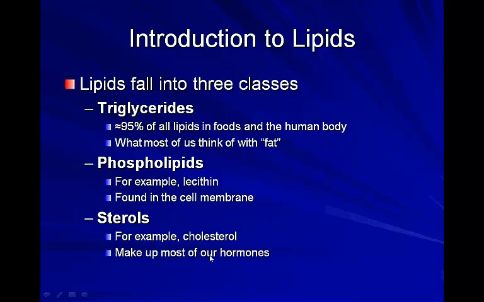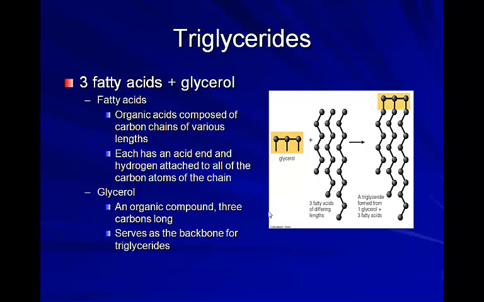And then, of course, again, the sterols: cholesterol, progesterone, estrogen, and testosterone are the major sterol or ring compounds that make up our sex hormones. So when you think of all the regulation of sexual functions in your body, from developing secondary sexual characteristics, developing a menstrual cycle, production of sperm, all of those things, our hormones regulate that. And if we don't have these basic sterol lipids to make those molecules, the testosterone and the estrogen, our reproductive system won't function properly. So very important for that function.